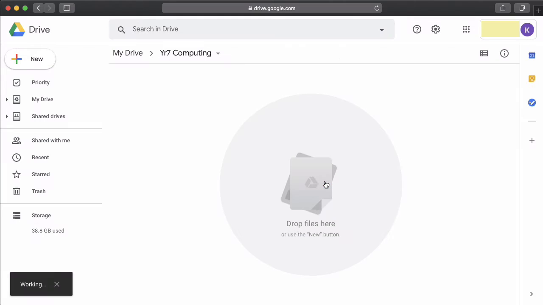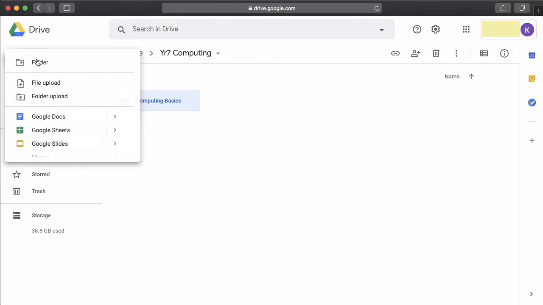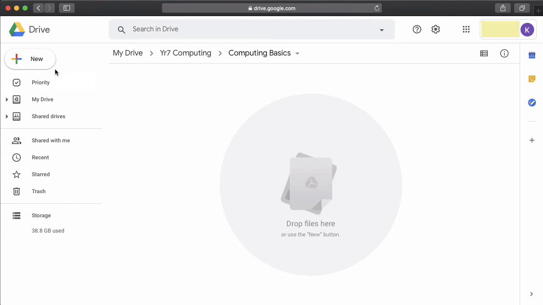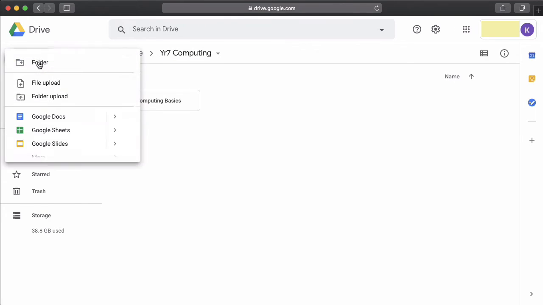And then press Create. Now, if we were to go New and Google Doc here, what would happen is your new Google Doc would get saved here. But in actual fact, we don't want to save it here, but I'm going to show you that in a second. But where you actually want to save it is going to be in here, okay? But let's just go back, and just presuming that I mess up, I'm just going to save it here to start off with. So I'm going to go New, Google Doc,